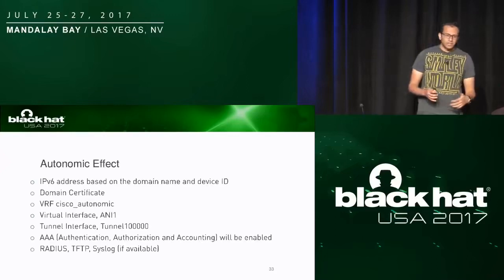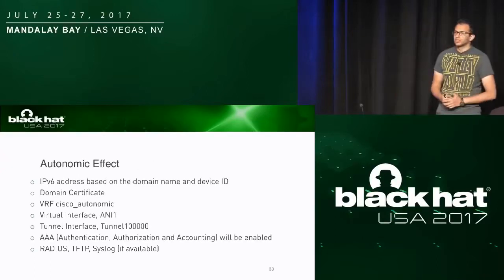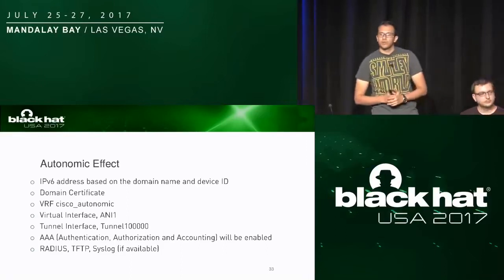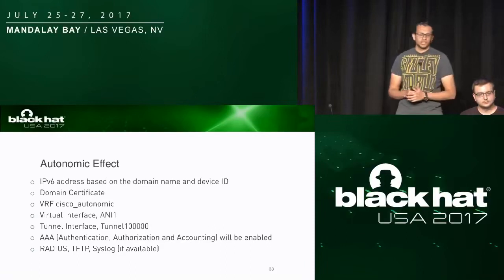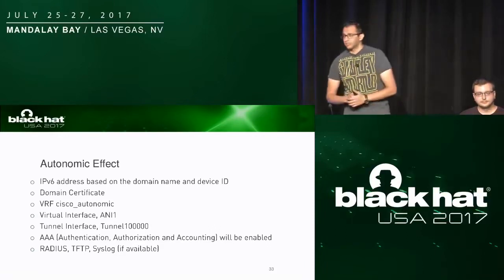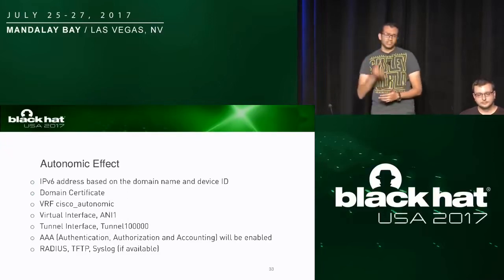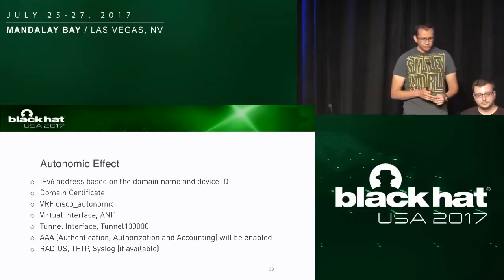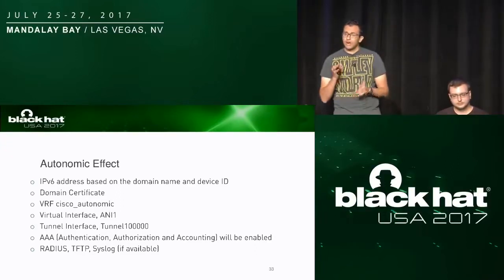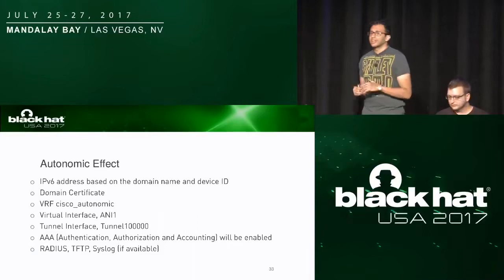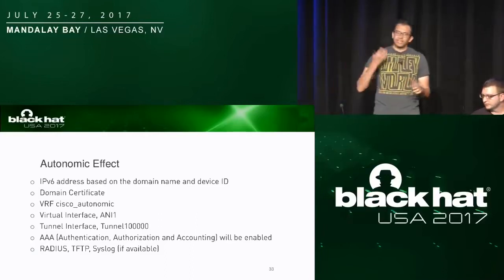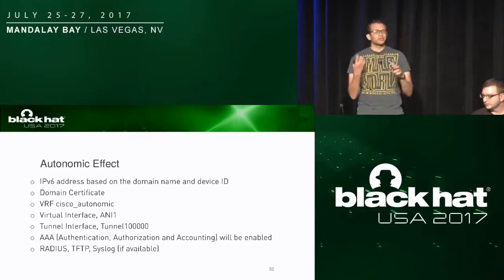When we are speaking about basic configuration here, what do we mean? We mean that you will have 3 or 4 interfaces configured on your machine. All of them are based on IPv6 addresses. You will be issued a domain certificate. You would have generated the key. You would have created a VRF, a Cisco VRF. If you have AAA, it will be allowed directly. If you have in your system or in your network a syslog server, a TFTP server, anything like that, they can be inserted into autonomic and learned automatically.